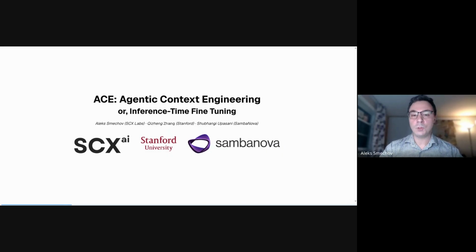And you can't just keep tweaking prompts by hand or catch up with regular fine-tuning. ACE fixes that by giving each agent a living, testable, human-readable playbook, or a book of rules. So instead of retraining the model or endlessly rewriting prompts, ACE automatically modifies the context in real time. And we'll dive deeper into how ACE works, but I hope that gives you a decent idea of why we are such believers in agentic context engineering.